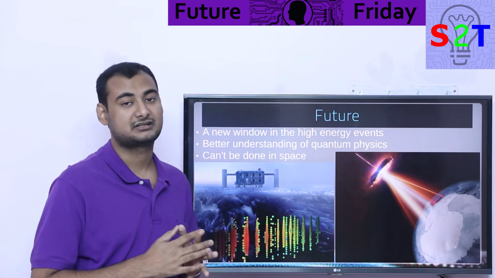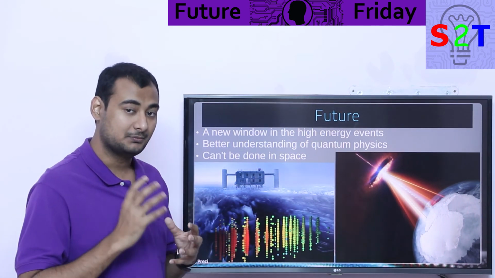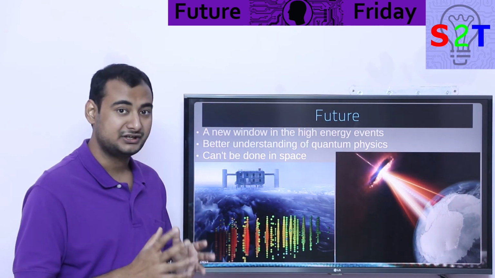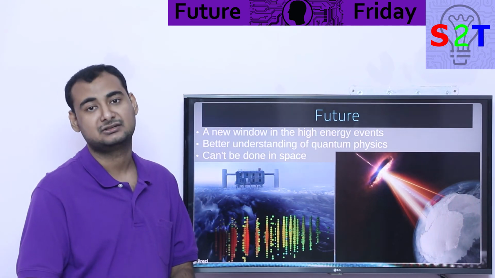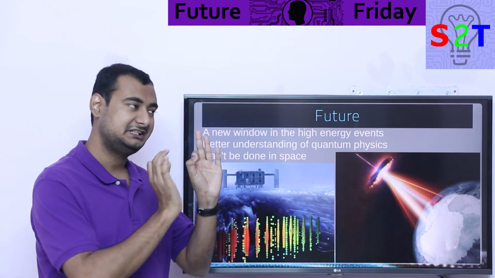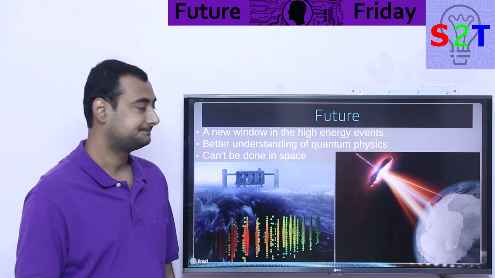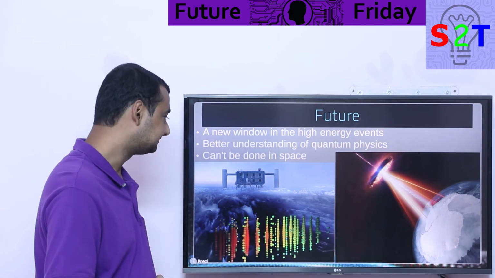Yes, making a detector for it is ludicrously difficult and complicated, but it does allow a better understanding of the quantum world. And there is a tiny probability, not a guaranteed one, that if we can solve the neutrino properly, we may figure out what dark matter is. So it's not a trivial thing.